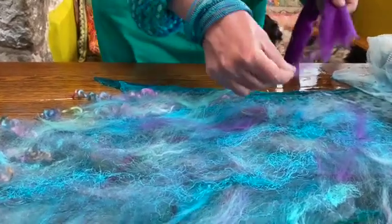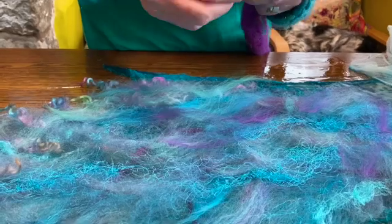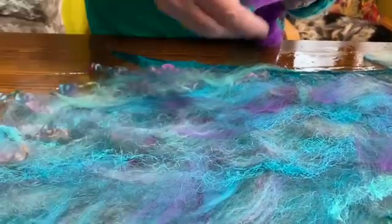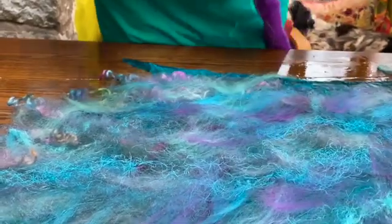I'm trying not to lay on top of the silk, because you don't want to waste the silk fibres putting them underneath, because A, they're much more expensive than the wool, and they also add lustre, which you can only see when you've got your,